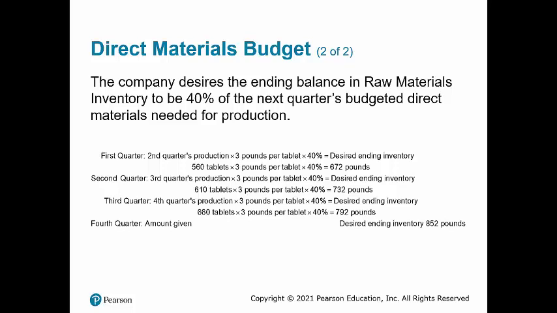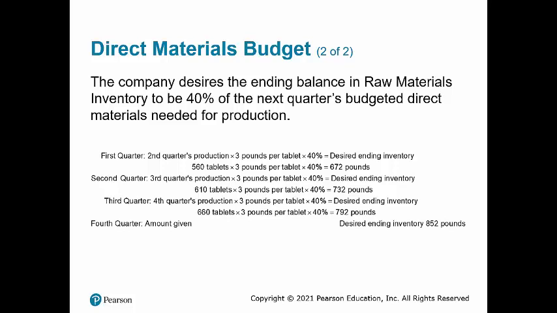So we multiply the number of pounds times the tablets, and we multiply that by the percentage of inventory we need on hand for the next quarter. In this case, the management feels like we need 40% of the next quarter's budgeted direct materials on hand. So multiplying the 560 tablets by 3 pounds per tablet by 40%, we get the desired ending inventory for the first quarter of